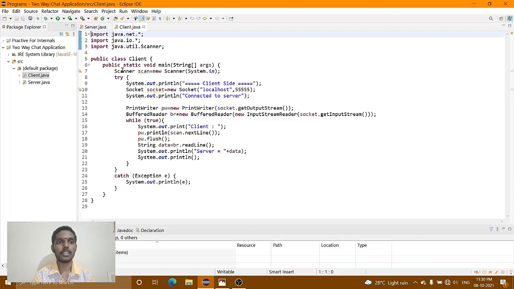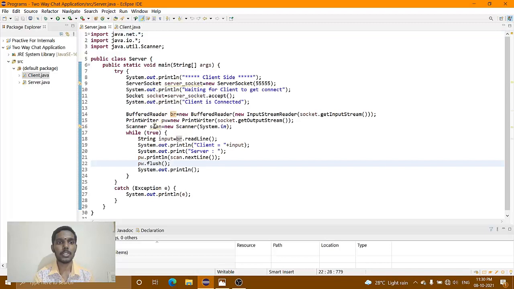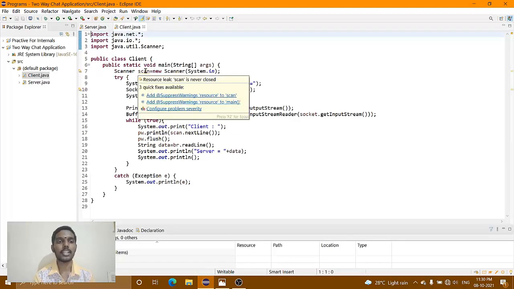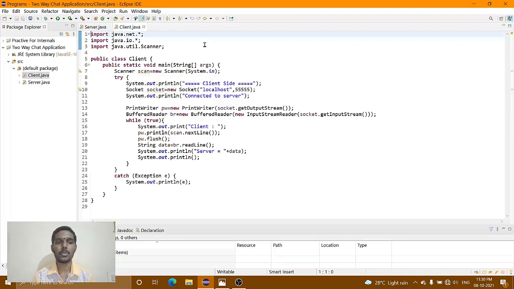It's not compulsory to insert a try and catch block. In the server, I created it inside the try block, but in this client, I created it outside the try block. There is no difference creating a scanner object inside or outside the try and catch block. Inside the try block, we are creating an